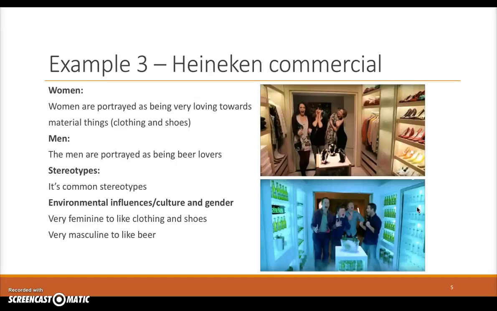And you can apply the environmental influences and also the culture and gender theories to this, since it's very feminine to like clothes and shoes, whereas it's very masculine to like beer. At least that's how the